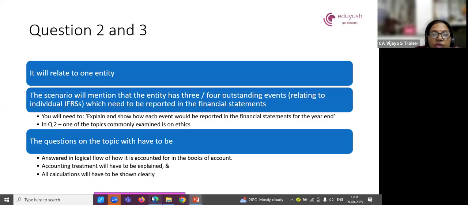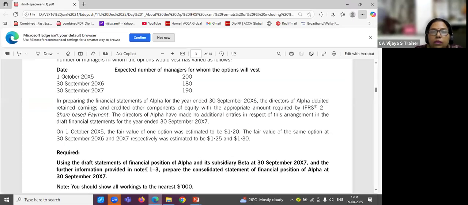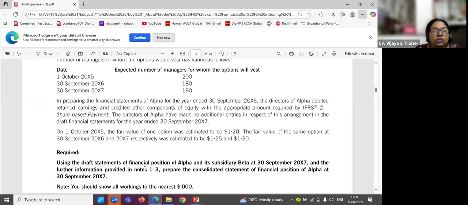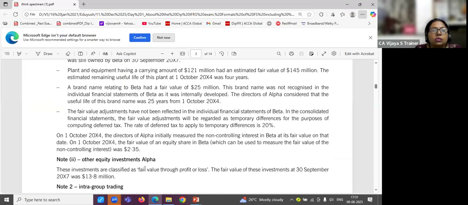So if I look at my specimen exam, in question 2 now, in the last few sittings, they have included one topic on ethics, which is compulsory. Okay. So it could be a 4 or 5 marks question on ethics. So now when you look at this question 2, he talks about,